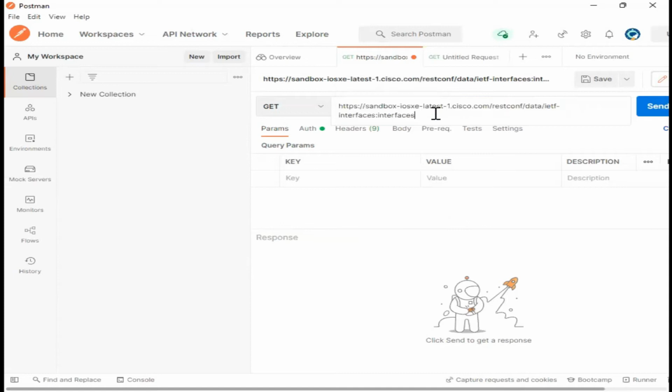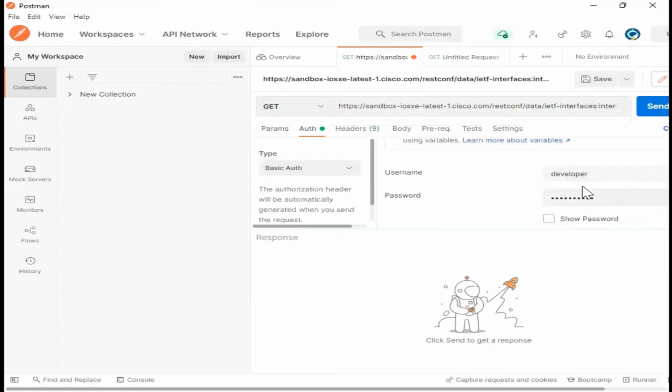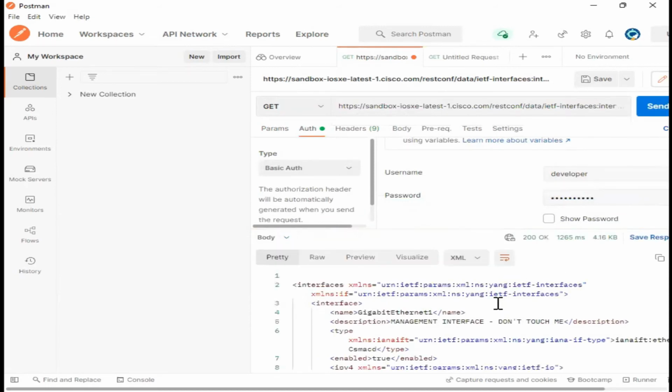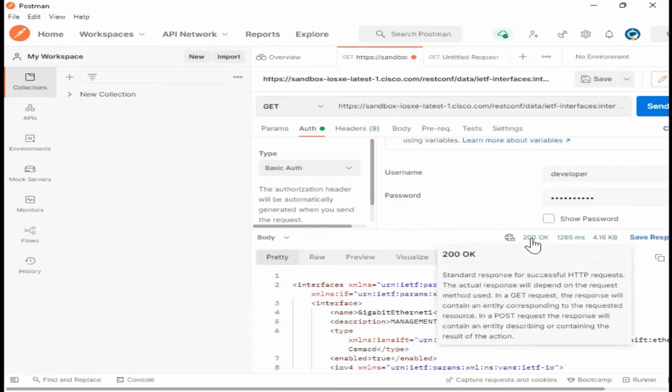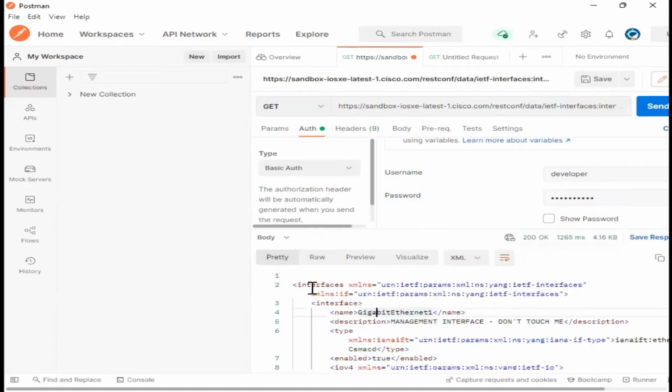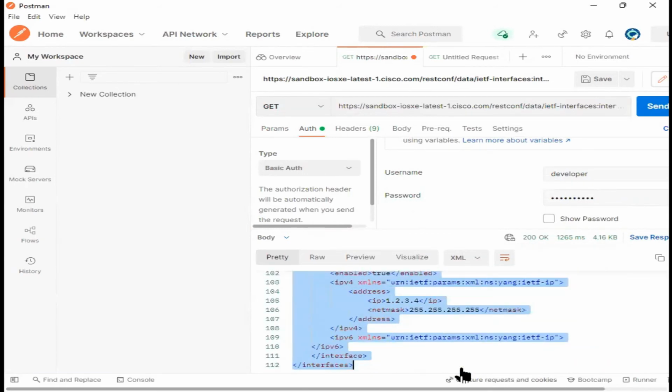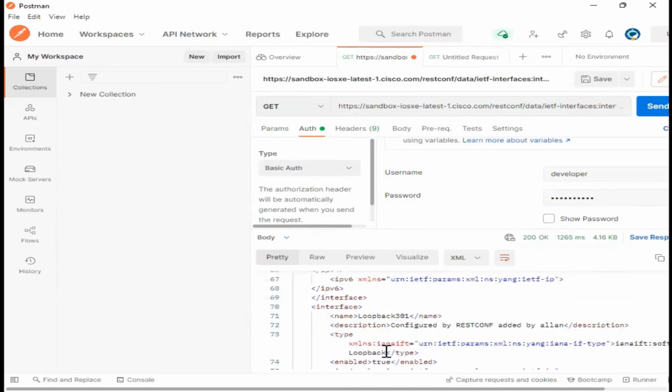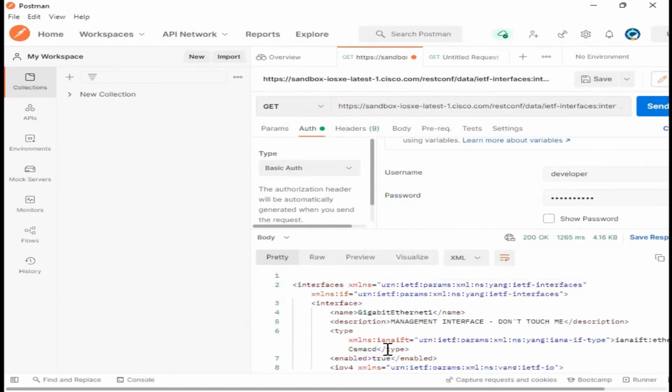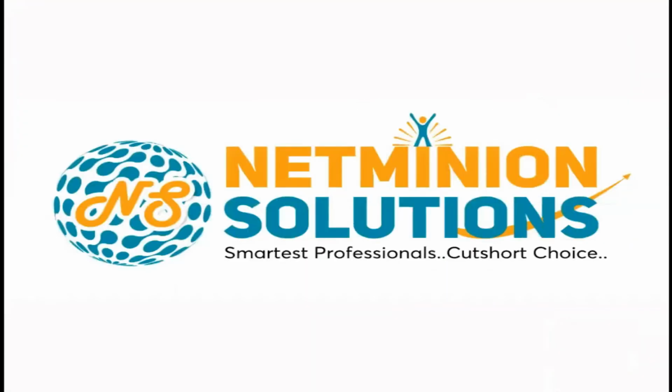But you can see, if I need to use it, I need to provide what my API call is. Under the authentication, I need to provide the username and password. If I just issue the send command, can you guys see this status code 200? 200 means everything is okay, and the result is provided to me from that particular device. Getting this point, yes or no? So let me show you.